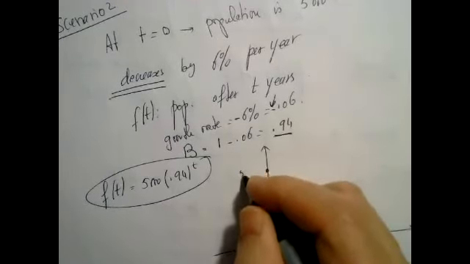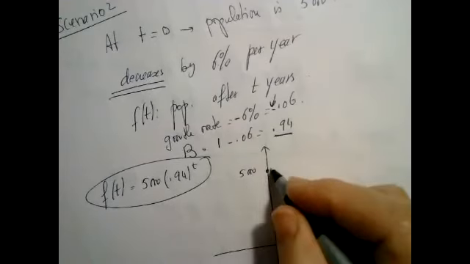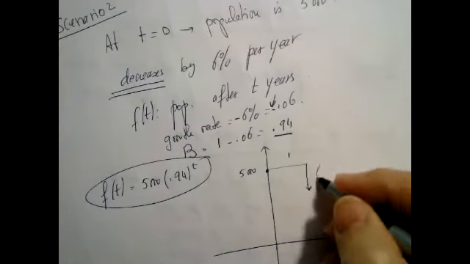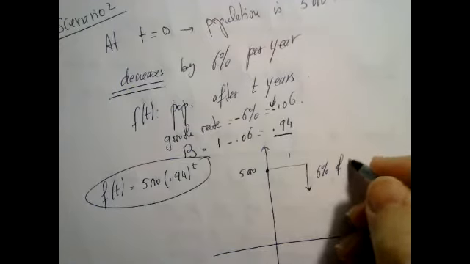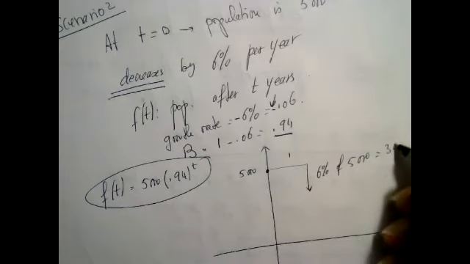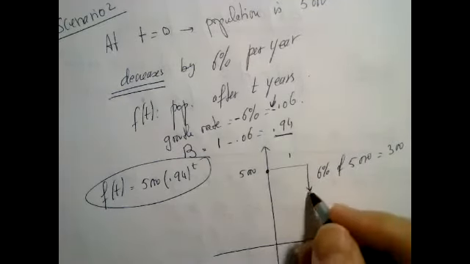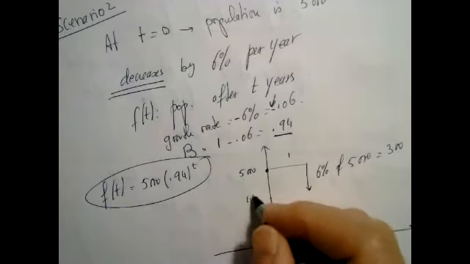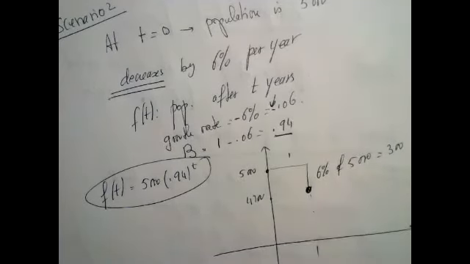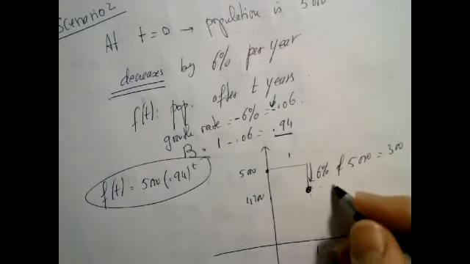We start with 5,000. After 1 year, we're going to go down, by 6% of the 5,000. If we pick up our calculator, we go down by 300. So after 1 year, we have 4,700. That's the population after 1 year. That's the decrease. Another year,